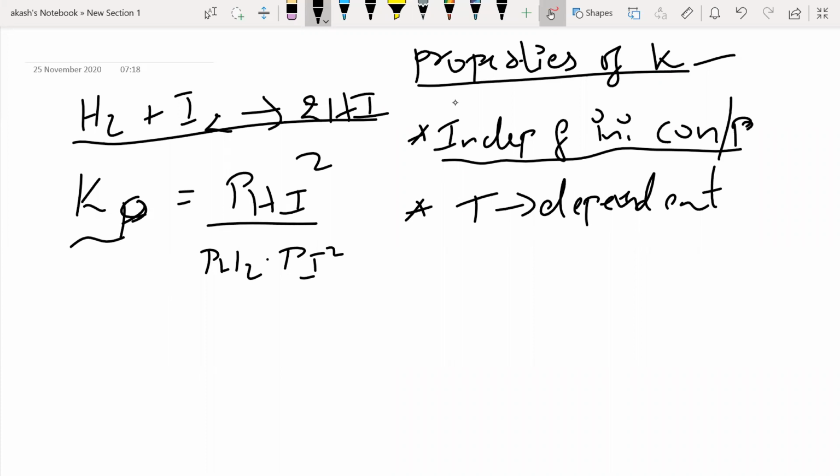Okay. Now, one more thing is you will be able to predict how the reaction happens, whether the reaction had happened in the forward direction, or in the backward direction. That also can be predicted with the value. If you look at the value of Kp, you will be able to tell me, sir, this reaction would have happened in the forward direction only, or this reaction would have happened in the backward direction only. All those can be predicted, right? So how do you predict it? There is actually an equation which is going to help us.